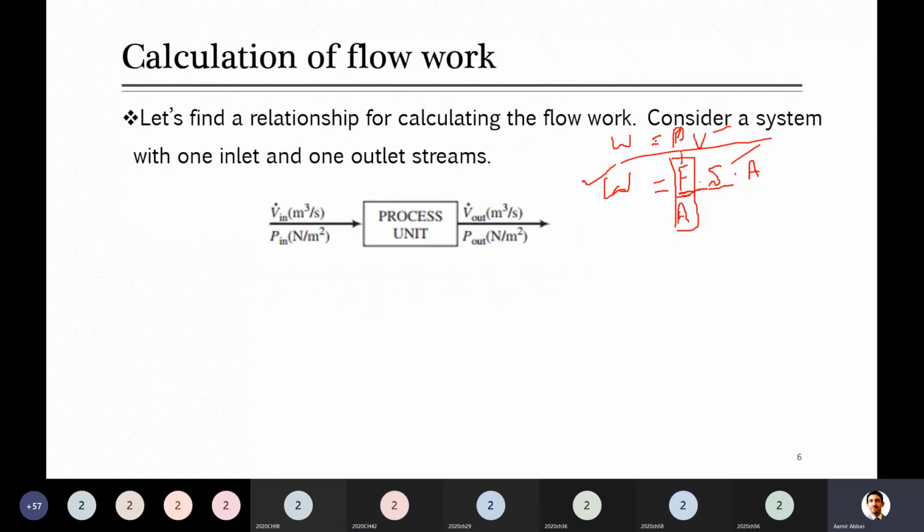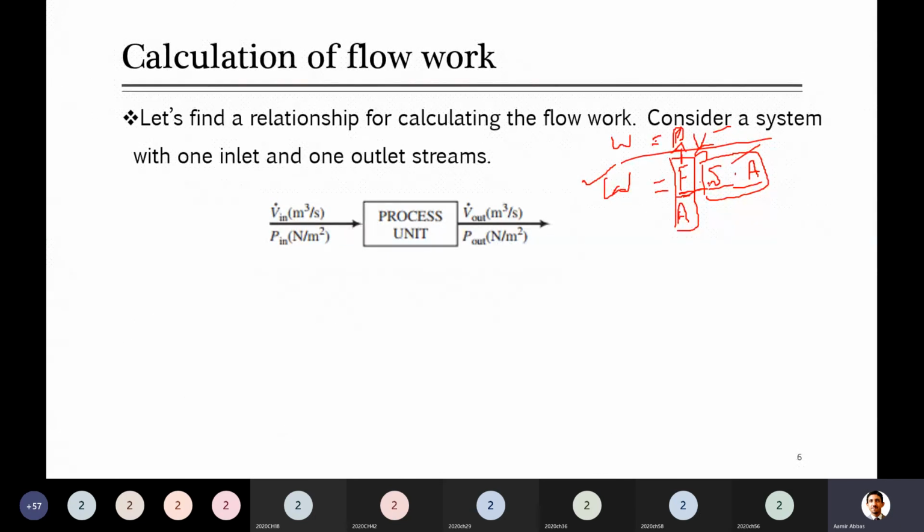Pressure. Force per unit area is pressure. And what about one dimension, like displacement or any length, multiplied by area? These are three dimensions actually. When you multiply area into one length, distance, that gives you volume. So from here, a simple equation, which is work equal to force multiplied by displacement or any